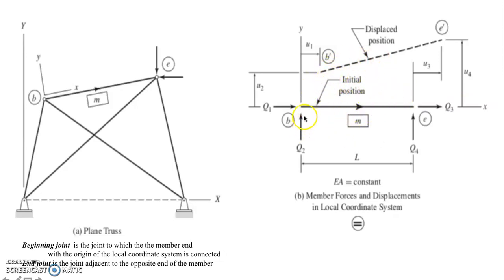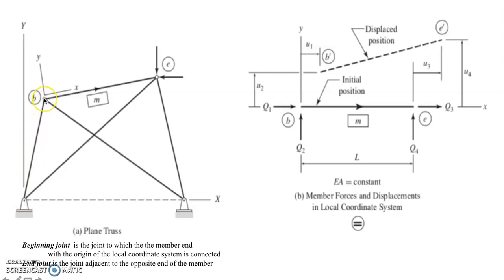We have to take note that B refers to the beginning joint of the member and E refers to the end joint of the member. What is the beginning joint of the member? The beginning joint of the member is the joint to which the member end with the origin of the local coordinate system is connected. So for this member M, this is the beginning joint because this is the joint to which the member end with the origin